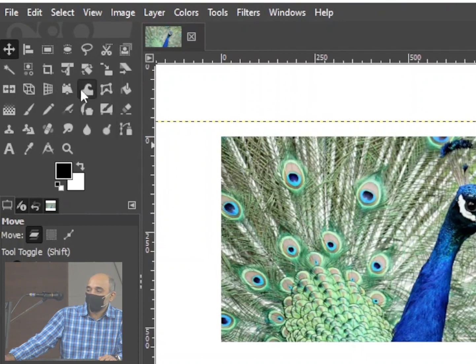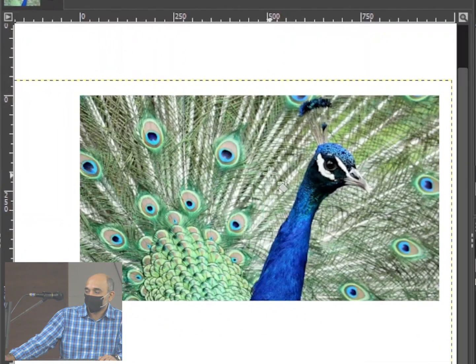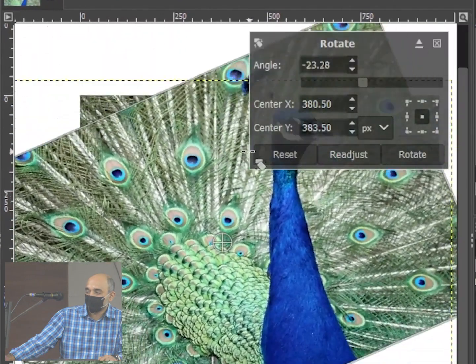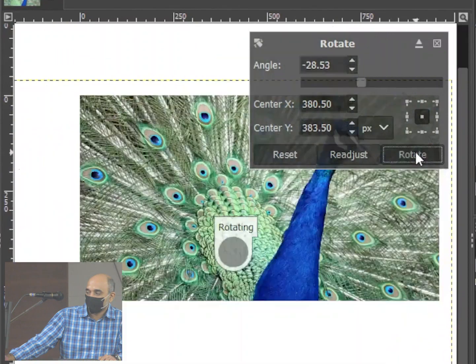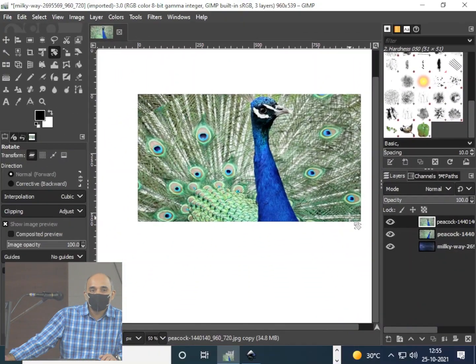Okay, similarly you can use the rotate tool also. Okay, everybody has got this?